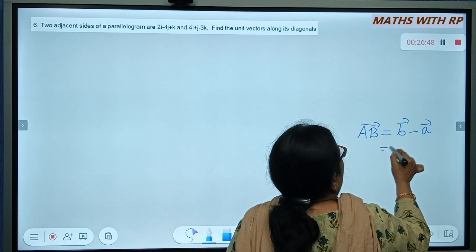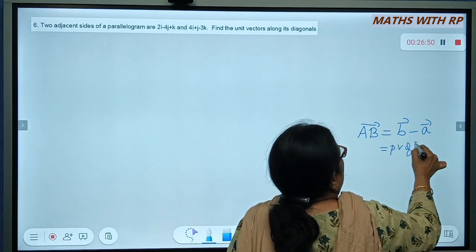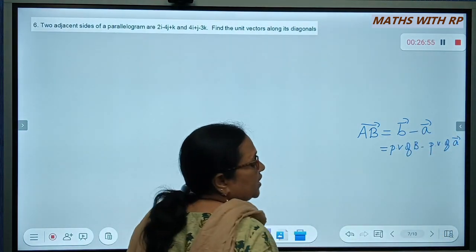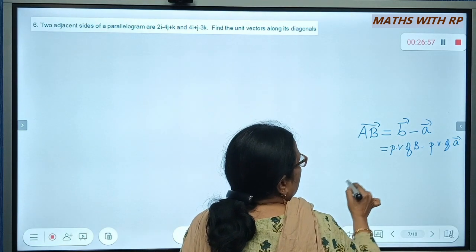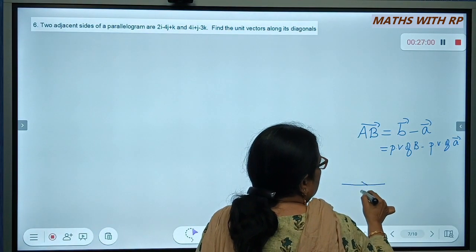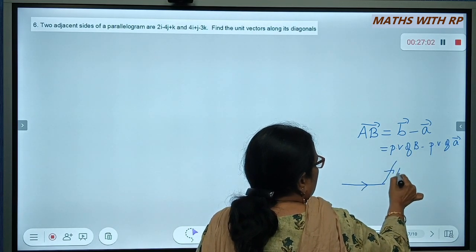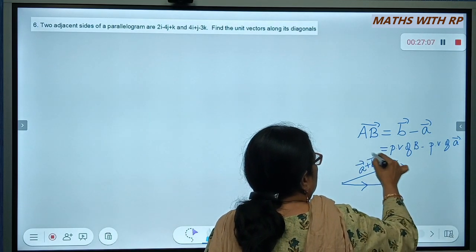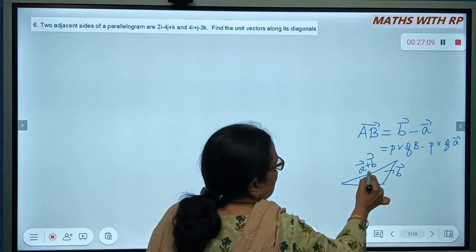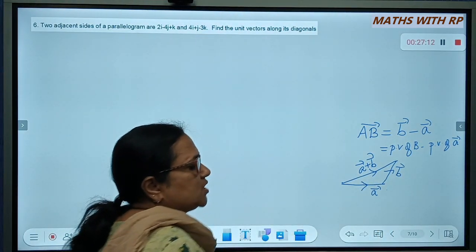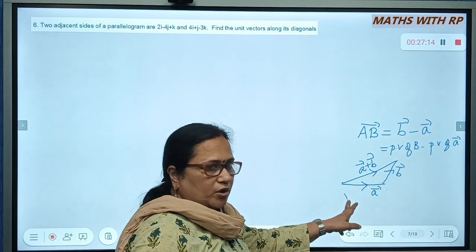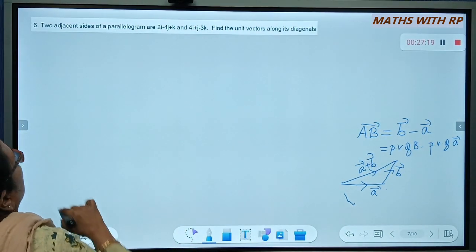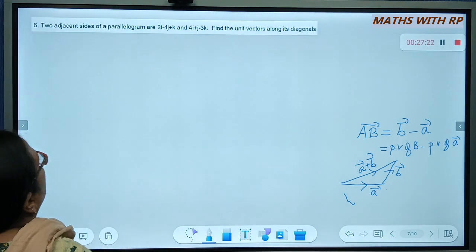The position vector of B minus position vector of A. We also learned yesterday the triangle law, right? So whenever you have two vectors like this, A vector and B vector, this is A plus B vector, going from A to B. So the sum of two vectors always starts from the starting point of the first vector, and ends with the terminal point of the second vector. So now, based on this triangle law, we are going to do a problem.